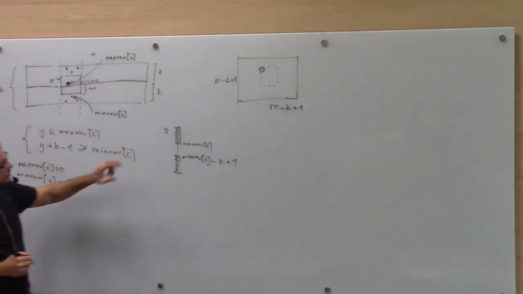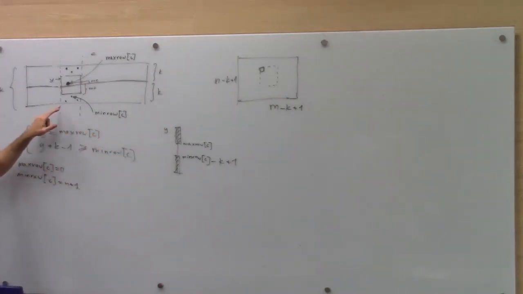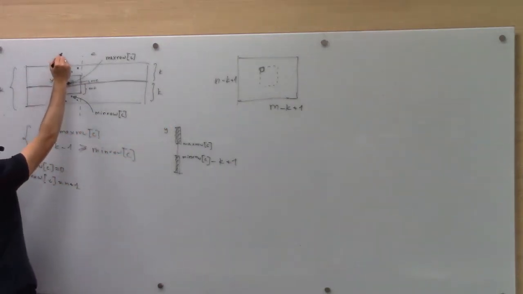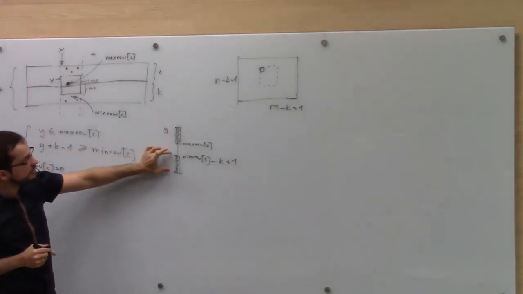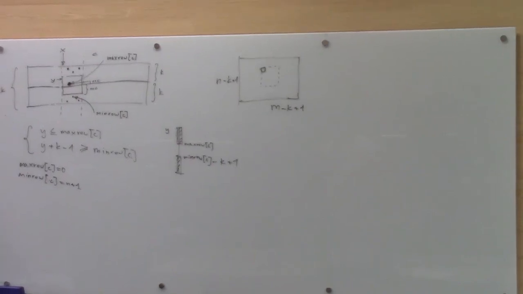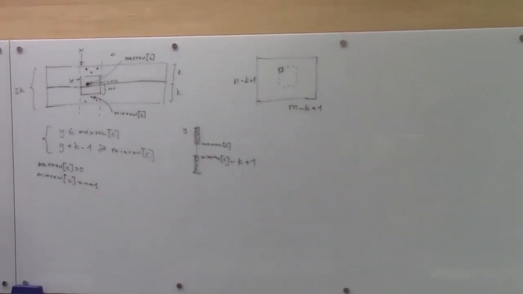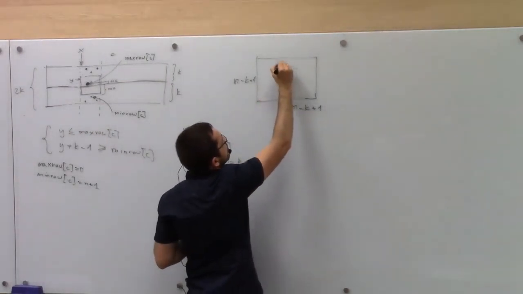So if we know that the possible placement of the square in which x is in this range and y is in this range, we know that for these squares there's a C here, and we will be treating every possible value separately. So we know that we can put plus 1 in some